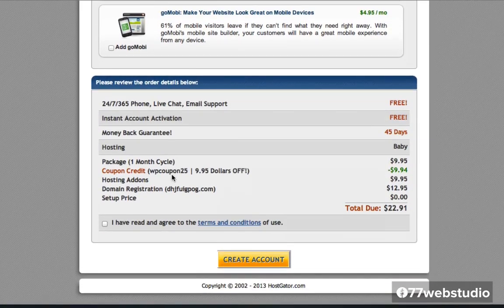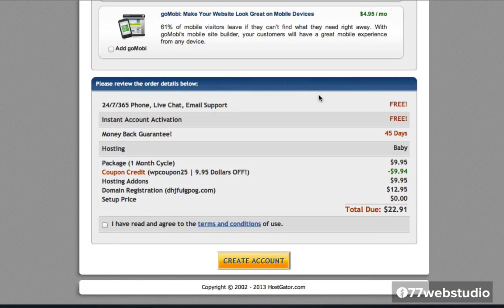Then you can just come down here and you see here are the details of your order. We note that with this coupon, WP Coupon 25, we're getting almost $10 off. So essentially the first month of web hosting is free with this coupon. And we can see that here is our domain name and our hosting add-on of $9.95.